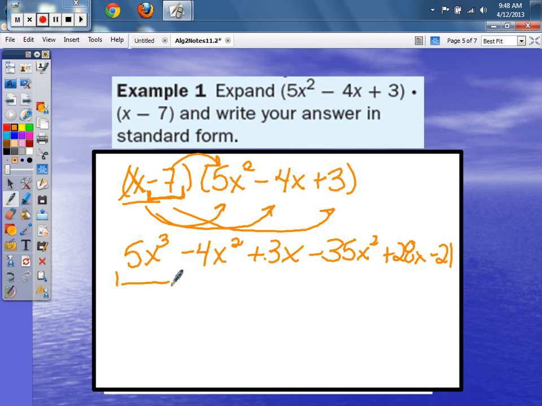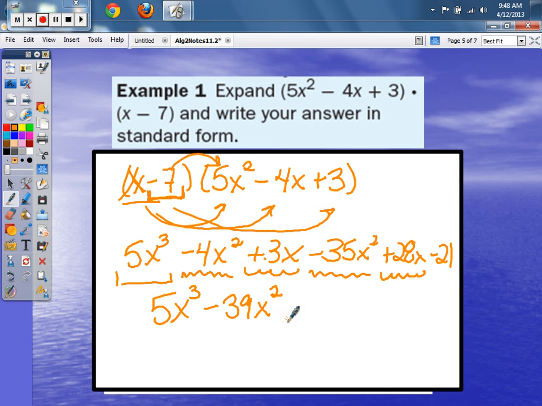So start with our biggest exponent, which appears to be 3 here. 5x to the third. Then we're going to go to the squared terms. I got negative 4x squared, negative 35x squared. Be careful with your signs. I get negative 39x squared plus 3x plus 28x. So it looks like a plus 31x minus 21. That is fun. Okay, moving on